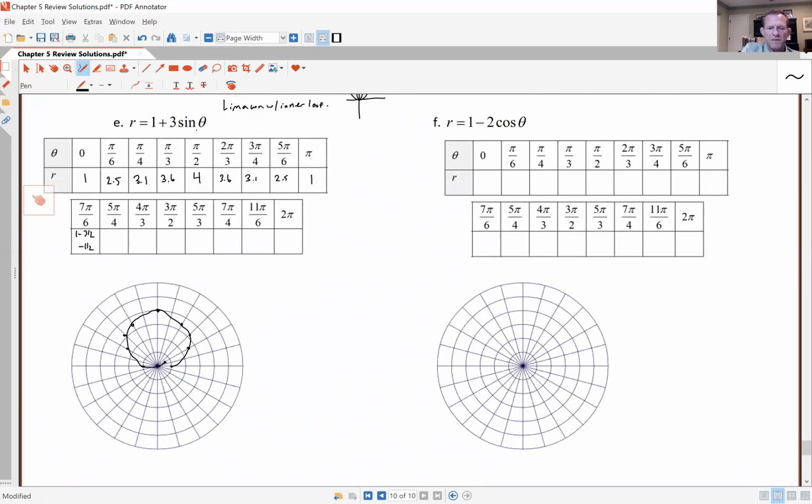Sine of 5 pi over 4 is negative root 2 over 2. So this is 1 minus 3 root 2 over 2, which gives us around negative 1.1. So at 5 pi over 4, we're at negative 1.1. We can see that inner loop taking shape now. At 4 pi over 3, that's 1 minus 3 root 3 over 2,